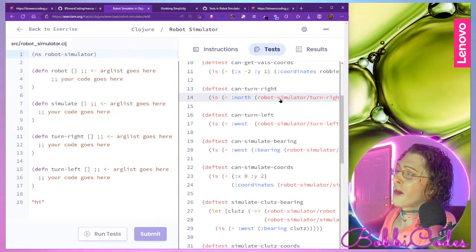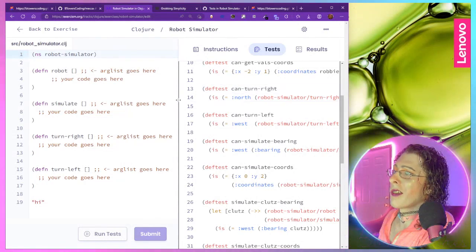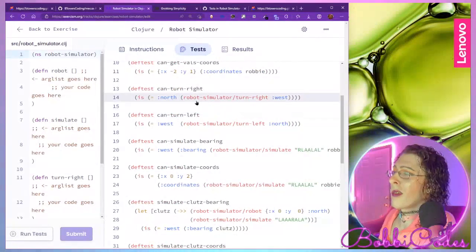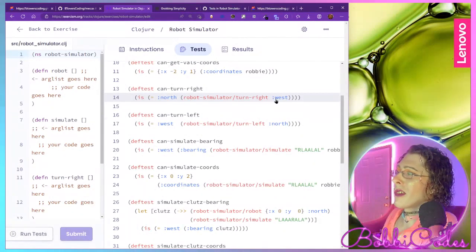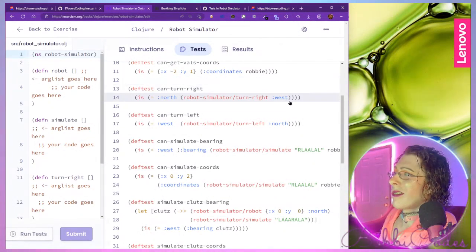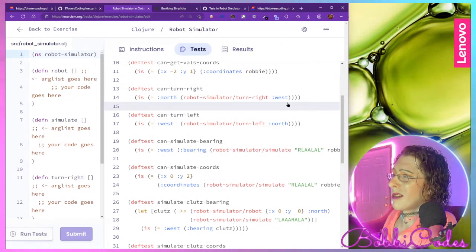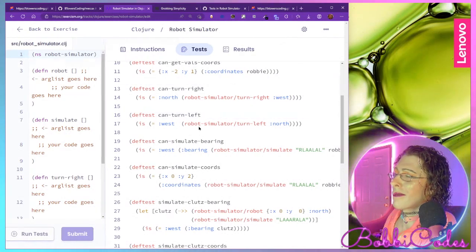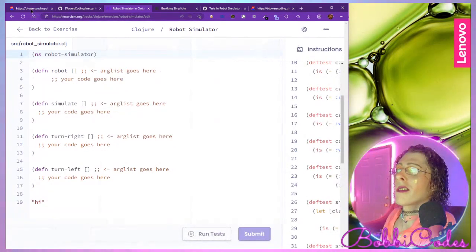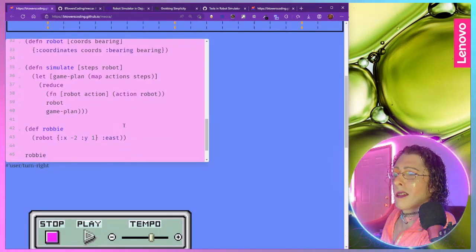Because it's prescribing that the turn right function takes a direction. When if we want to just turn Robbie right,